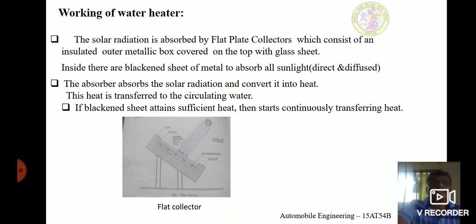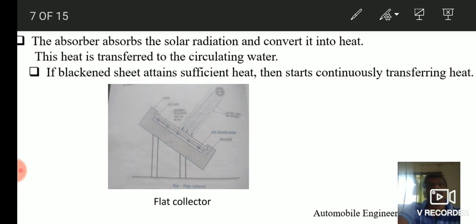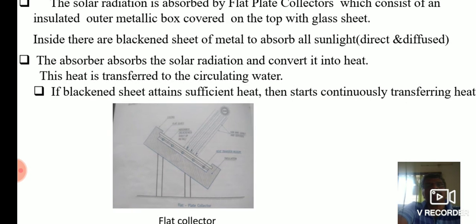So I told you the working. Working means here it is just to know the collector. Here we use flat collectors. I told you it is flat, not curved or like a parabola and other things. Straight away the collector is flat, made of blackened metal. Sun rays fall on the collector and the collector radiates much heat. This heat is conducted to the cold water.